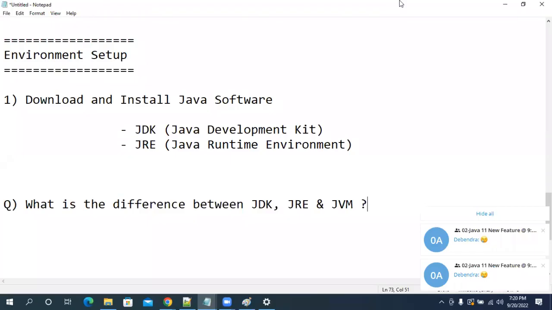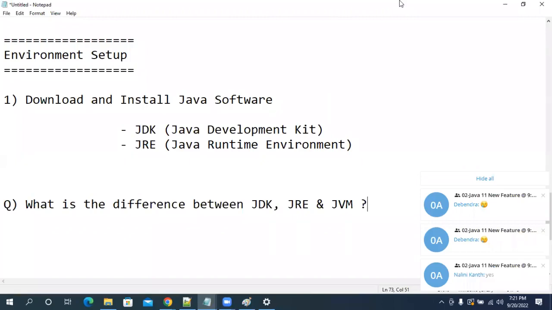Now you understand why they differentiated that? Why have they given two folders called JDK and JRE? It depends upon your requirement. You install whichever you want. If you want to develop a program, you need a set of tools. Those tools are part of JDK. You download Java, you install it, JDK will come, JRE will come.